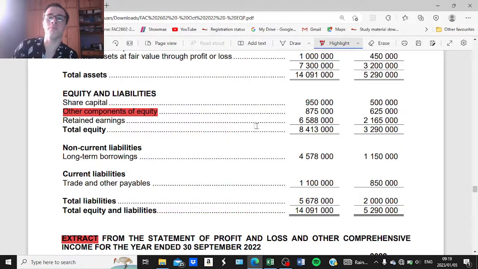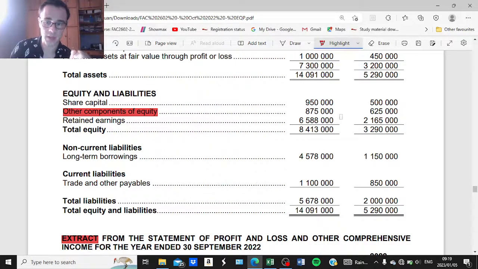If you look closely, there was indeed a change in the value of other components of equity, because the opening balance was 625,000 and the closing balance is 875,000. So there was an increase in other components of equity in the form of revaluation surplus. Therefore, there was a revaluation conducted within the current year that caused an increase in the fair value of land. And this value would be shown